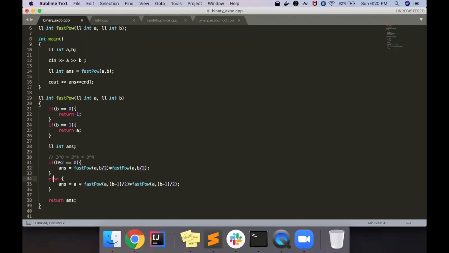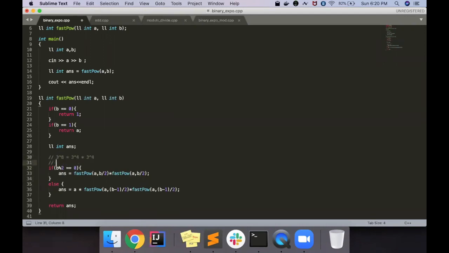Right? It's very simple. And if it is odd, like again I'll write, let's say if it is 3 की power 9, then it will be simple, 3 की power 4. So I'm just taking 3 out, 3 की power 4 into 3 की power 4. So that's what I'm doing here. 3 is this, and again 3 की power 4 into 3 की power 4.